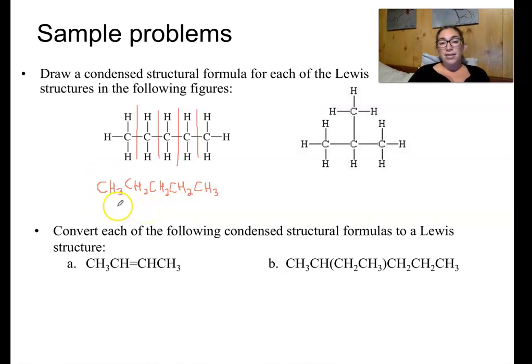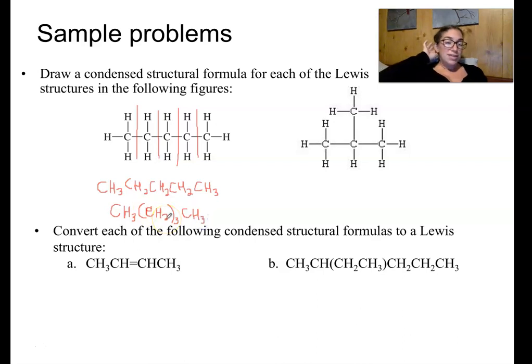Another way you could write this, that's even a little bit more shorthand, is to chunk all of those CH2s together. So we have a CH3, and then instead of writing CH2 3 times, especially if this was a longer molecule, we write C, it's not an E, it's a C, CH2, and then we indicate that we have 1, 2, 3 of them outside the parentheses here, and then we write our closing CH3. So that's an even shorter hand way to write it, to bundle all those CH2s together